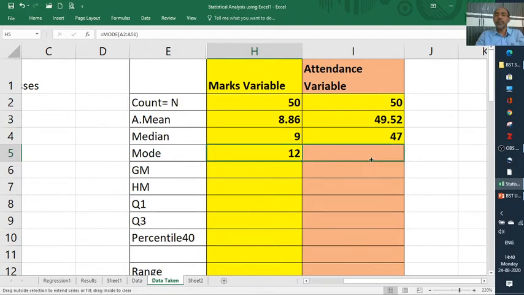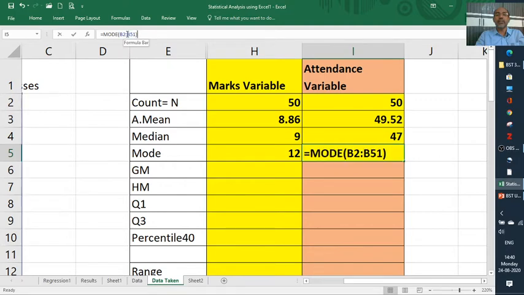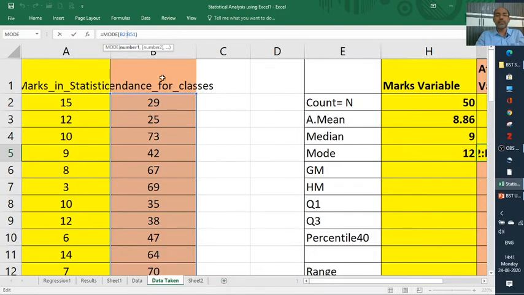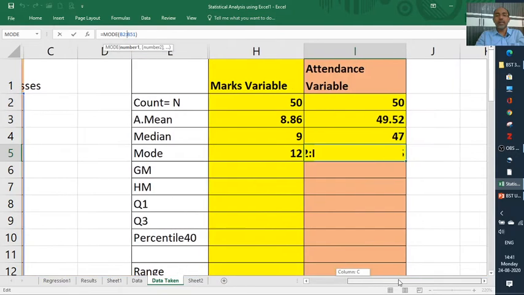The same mode for attendance is 35. You see, it is automatically taking B2 to B51. Okay, B2 to B51 variables it has been calculating, so the highlighted point is there.